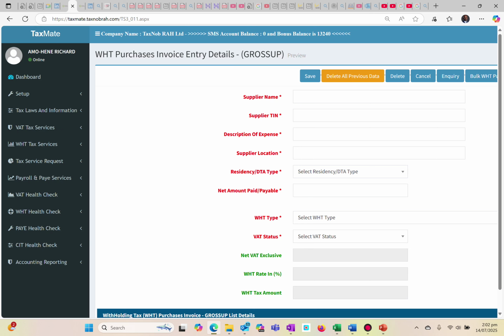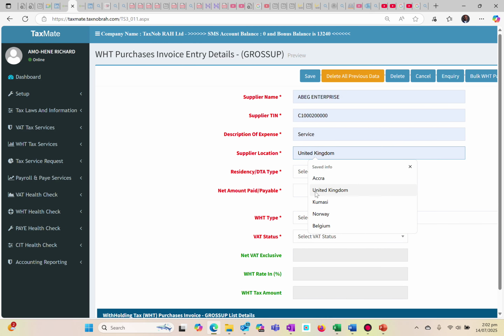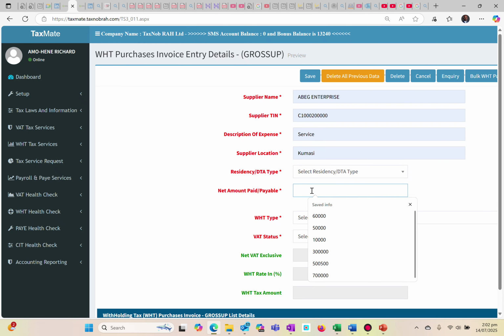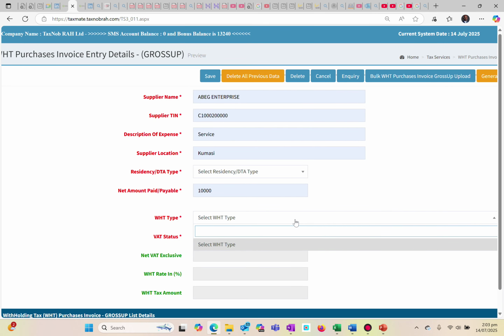So we are going to do the individual. We bought from our bag enterprise, and then we bought a service, and the location is Kumasi. All right. So the amount that we paid, we did not withhold VAT, we did not withhold the tax. So this amount we paid is 10,000. Okay. So the next thing we need to determine is that this amount